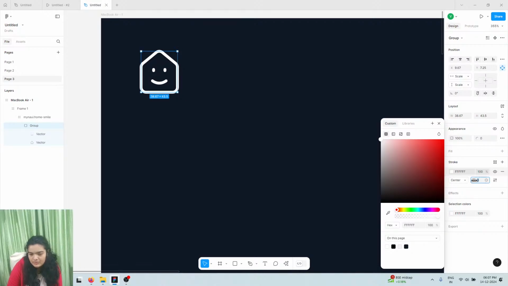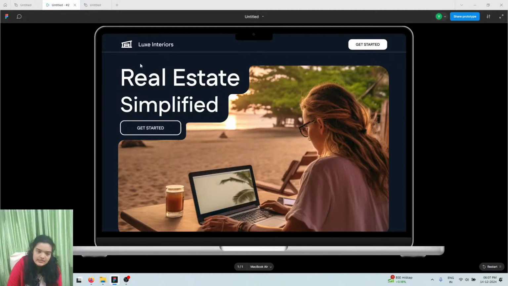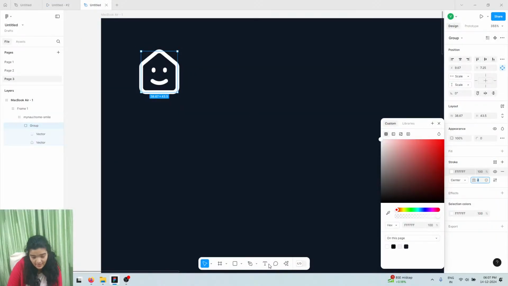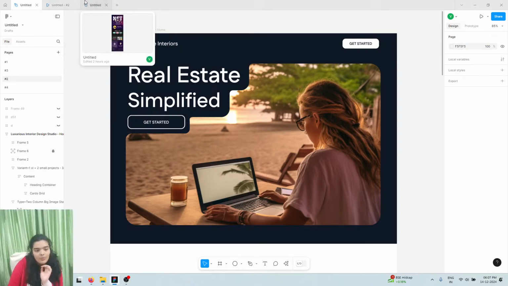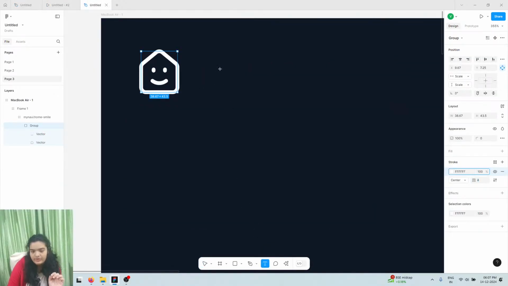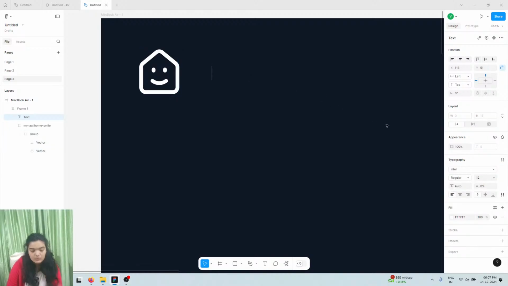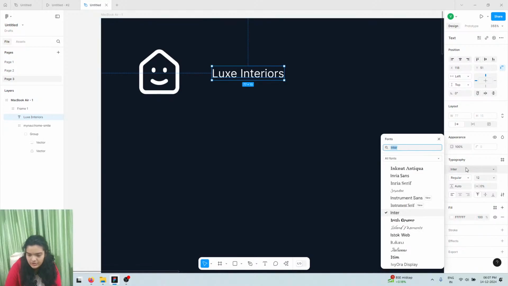Alright, the next thing we need to make sure of is we have a title for our brand. The brand name is Lux Interiors, and so we need to type that out. Again, I do want to mention that we're using a single font for this entire design, which doesn't happen that often, and I am such a huge fan of this font. Let me just type out Lux Interiors, and let's change the font to